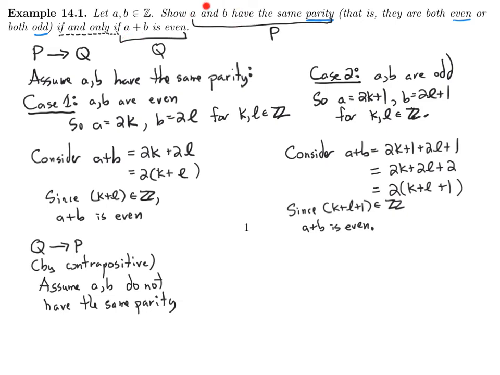But if you think about that, there's kind of no difference between these two numbers. I'm just saying, pick two numbers that have different parity and show that the sum of them is odd. So it doesn't matter which way around these go. The argument will be the exact same. And if you can see that, you can just do it one way and just say without loss of generality. So we're going to use that phrase here. So without loss of generality,